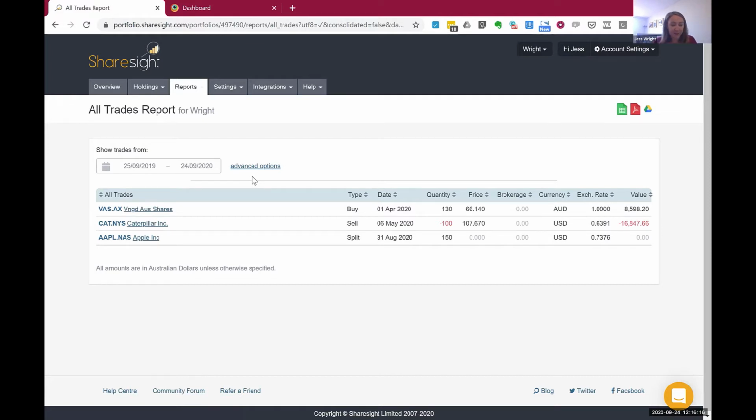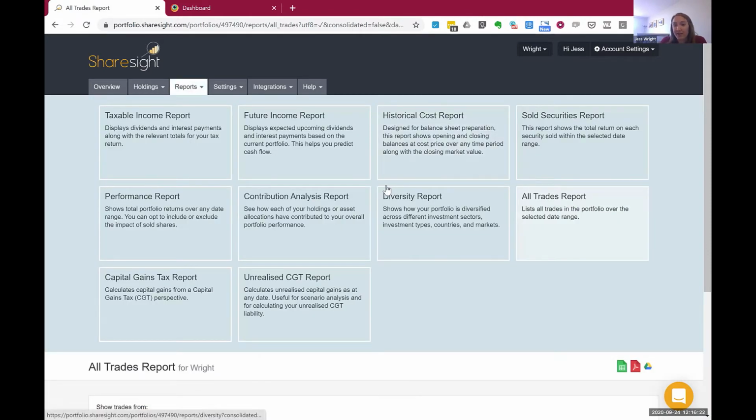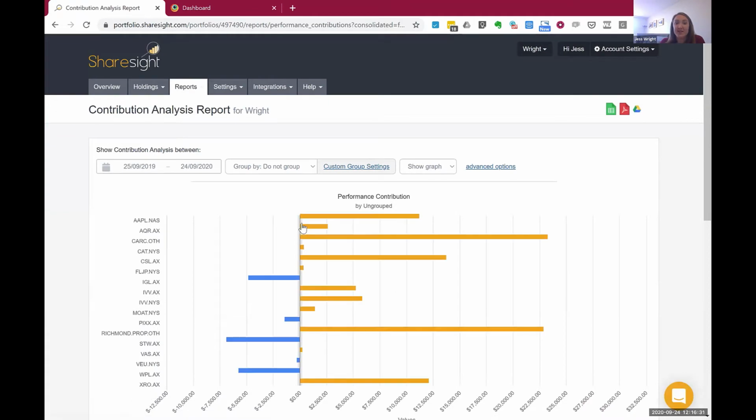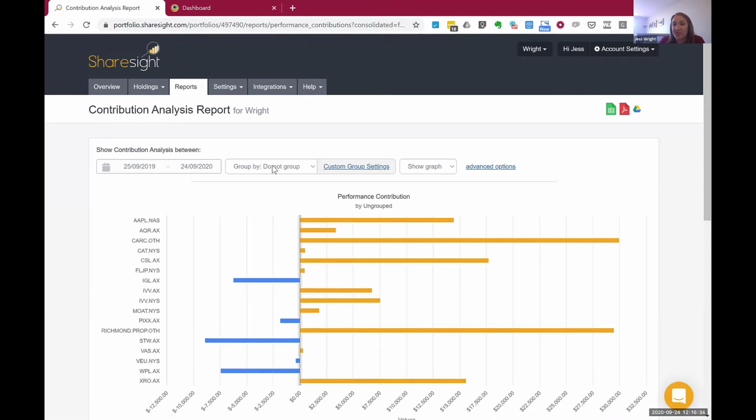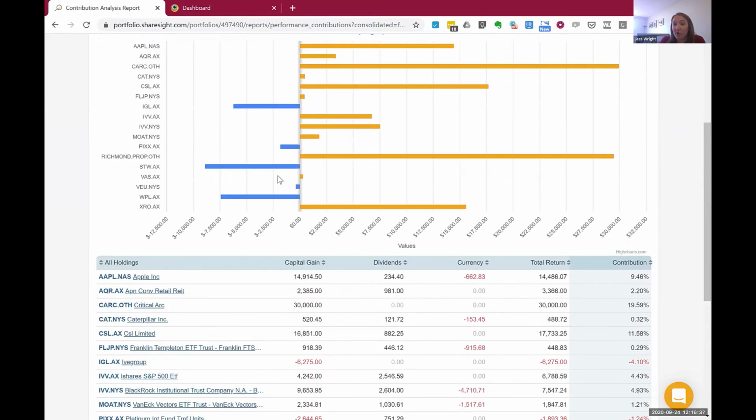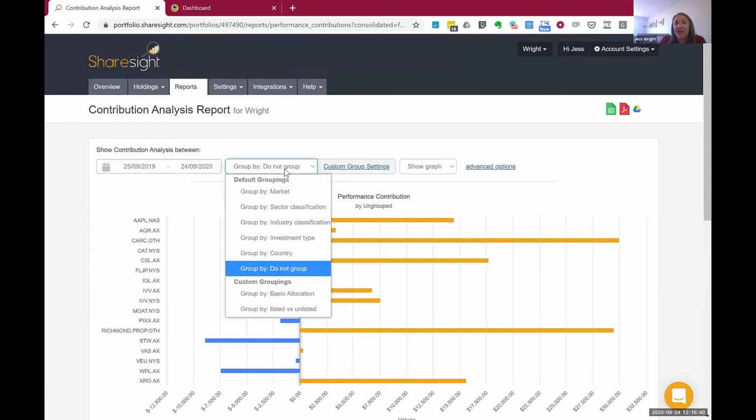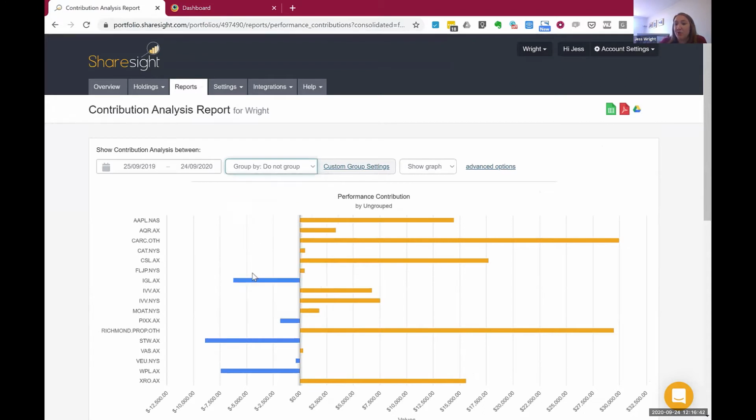Okay. Then if we keep on the report theme a bit more, a report that I really like and find incredibly useful is the contribution analysis report. Okay, this is a report on our expert plan, and what it does is it shows what's really contributing to your portfolio and what's not. And what makes this really powerful is going into groupings and clicking do not group. What this does is it itemizes all of the trades within that portfolio, and then you can see here what's accounting for the losses within the date range that you've selected,